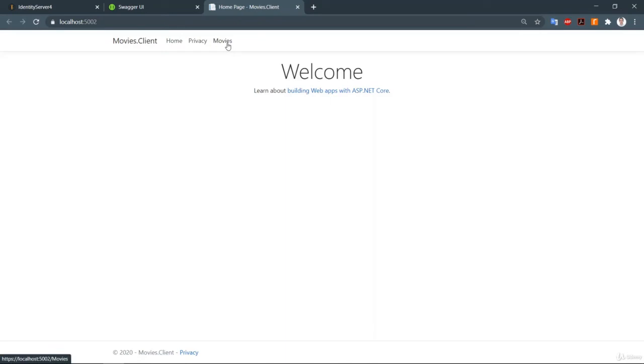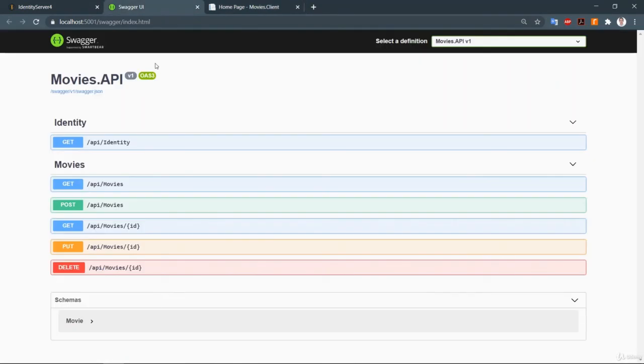Once I click movies, it is redirecting to IdentityServer for the login operation. When I log in with OpenID Connect, it generates a token, and we are going to use this token to retrieve the movies from the movies API protected resource. And also there is a client ID claim based restriction, and we have defined the client ID information.